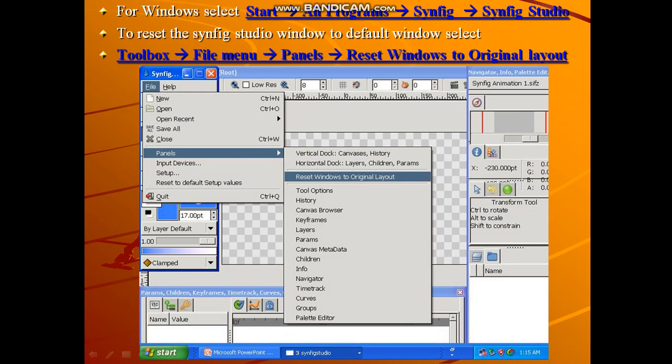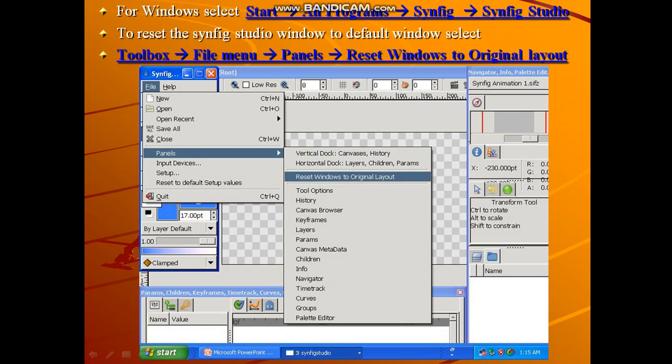Now if it doesn't show any toolbar, then you can reset all the toolbars. So to reset the Synfig Studio window to default window, select Toolbox, File menu, Panels, and in that you have to select Reset Windows to Original Layout option.